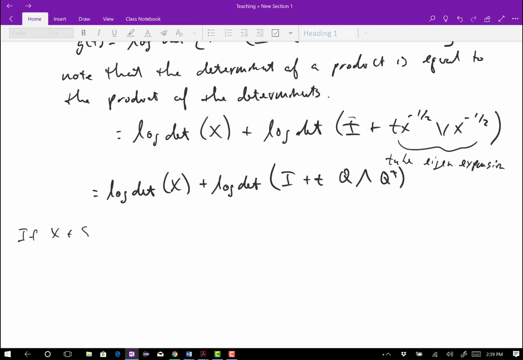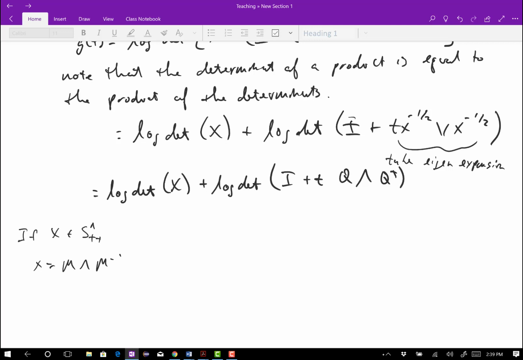If X is positive definite, this works for other matrices that aren't positive definite, but it is guaranteed to work for matrices that are positive definite. Then X is equal to, let's say I want to use, well, I already used V, I've used S, we've used Q, I don't want to use Q. All right, let's just say M